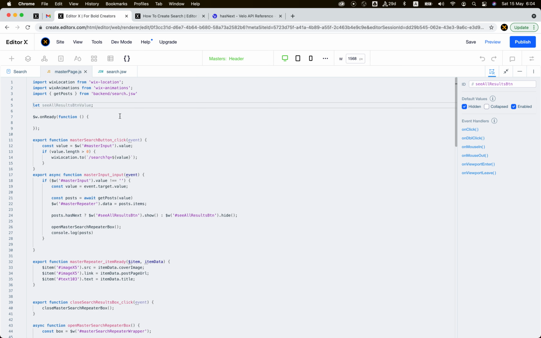Okay, but then here I can set value equals to, no, basically see all results value, and here to pass this one. And now I can set